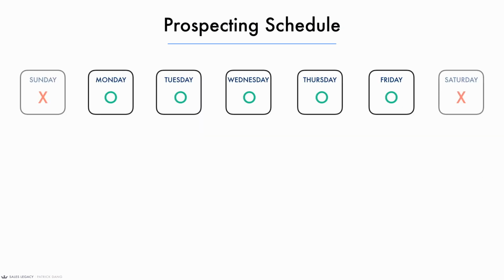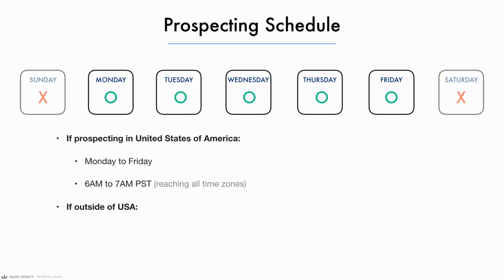And the prospecting schedule, essentially what I would do is the same as with the email. I would only message people on Monday, Tuesday, Wednesday, Thursday, and Friday, because not a lot of people are checking their LinkedIn on Saturday and Sunday because it's not the working hours. And of course, if you're sending the messages from, let's say, 6 a.m. to 7 a.m., people are more likely to respond because that's when they're checking their phone. However, when it comes to LinkedIn, because you're not automating these messages to send at a specific time like you can on cold email, you can pretty much just send at any time throughout the day,